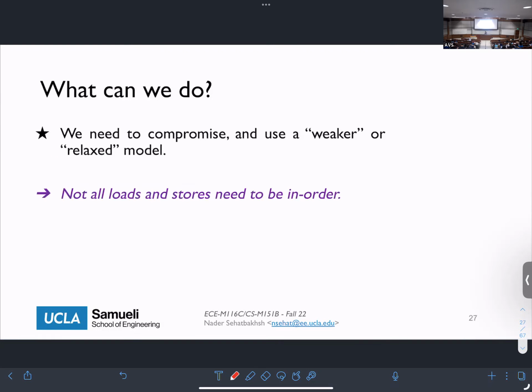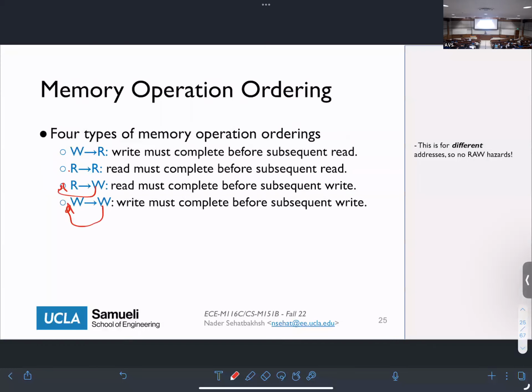In order to fix this, we are using what we call relaxed or weaker memory models. What weaker means is that, assuming sequential consistency is the strongest consistency model that we can have, anything that relaxes one or multiple of these assumptions becomes what we call a weak consistency model. And this is good because we want this to get performance, and some of these constraints are actually unnecessary. Maybe we can fix this.